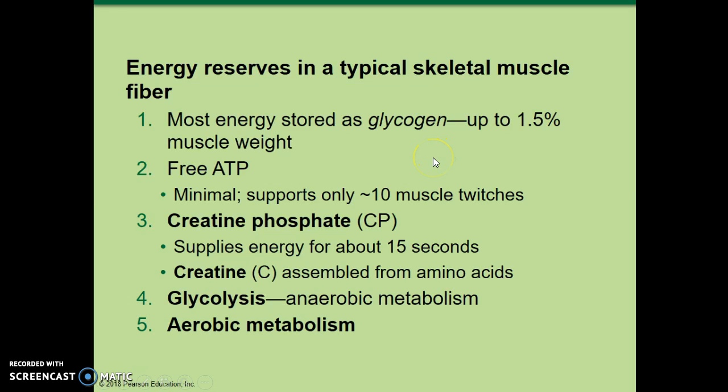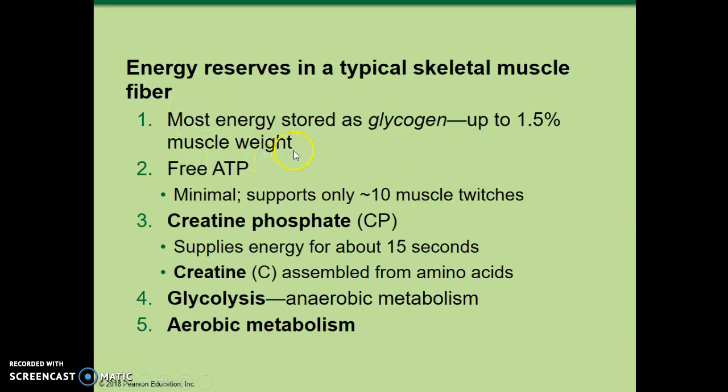Well, a lot of energy exists in your muscle cell so that you are ready when you need it. There's quite a bit of energy reserved in glycogen. Our muscle cells and our livers make glycogen from excess glucose that we eat. It's a little bit like starch. It's the storage form of glucose in animals. And there's also going to be free ATP,